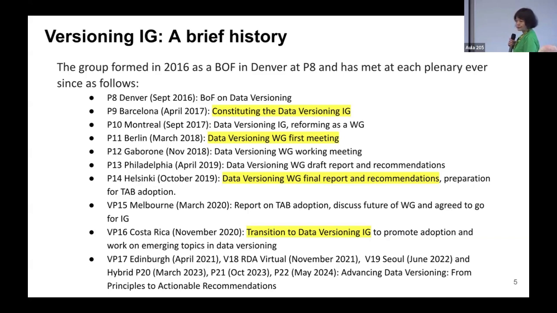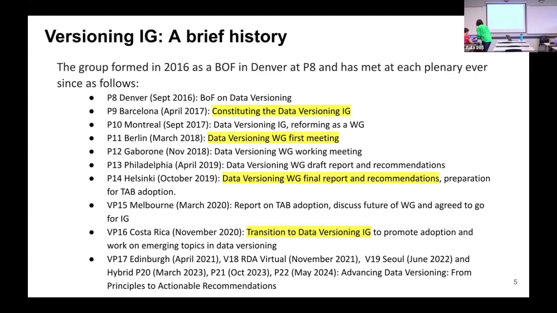This seemed to be going beyond just getting a handle on large dynamic data sets. With that BOF, we saw that there was quite a lot of interest. So we set up an interest group that launched at Plenary 9 in Barcelona. And we've met since then.